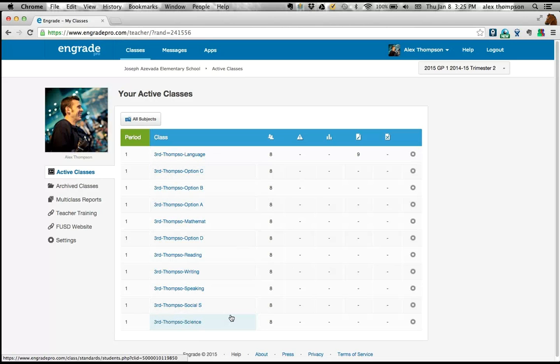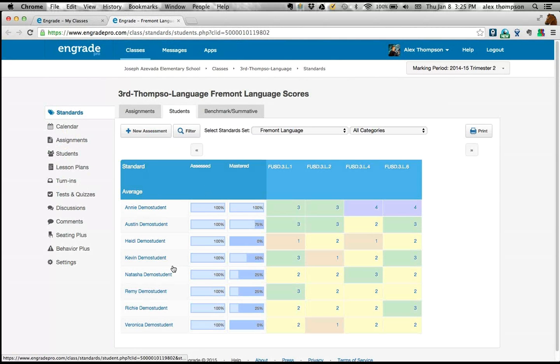And in each of these classes, you can see I have about 8 students in my classes, small classes. If I open up that class, it already has my students in there. So the question would be, how do your students get into your classes in Engrade? What's controlling that? How is it that when you go in to look at your classes, the classes are already there and the students are already in there? And the answer is,